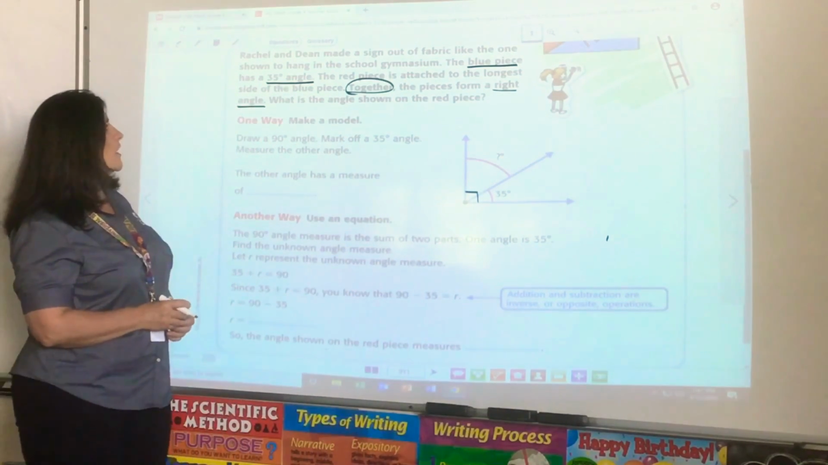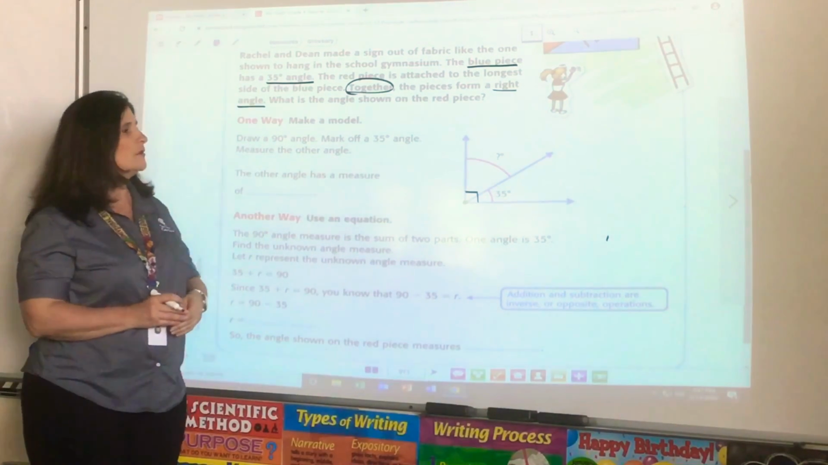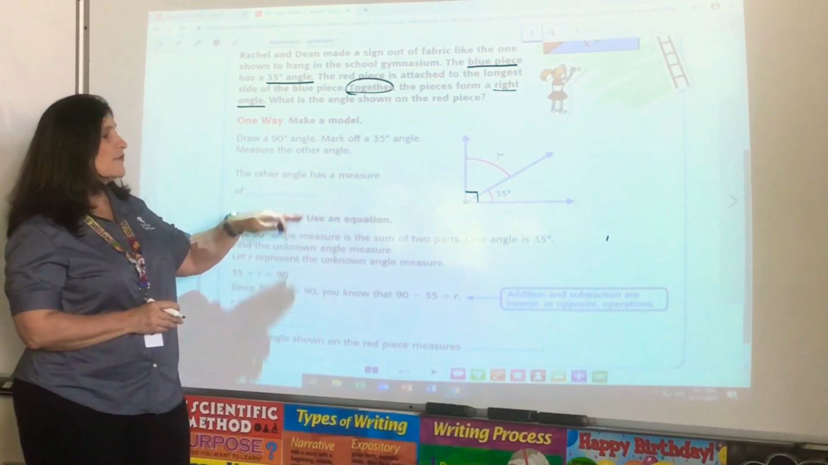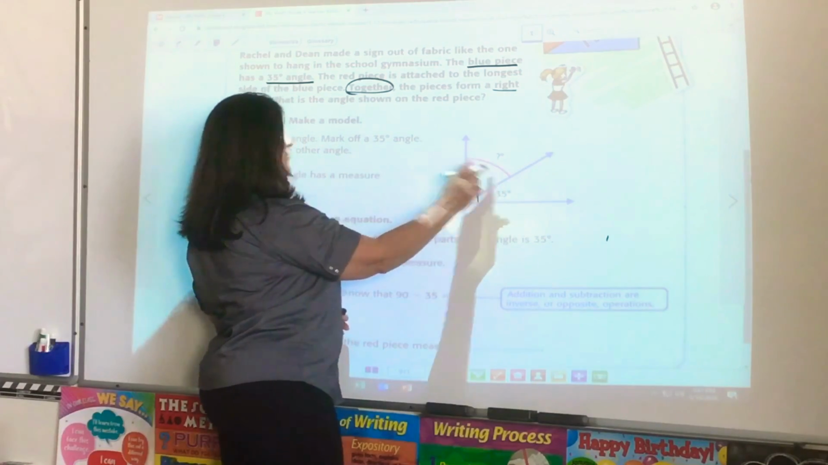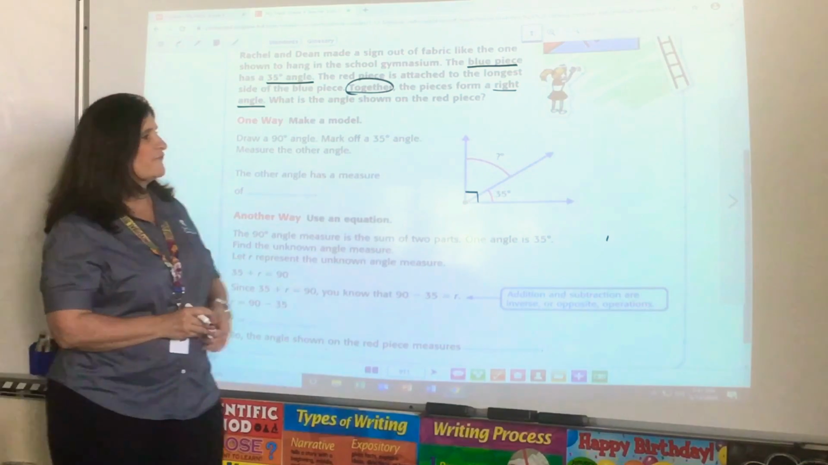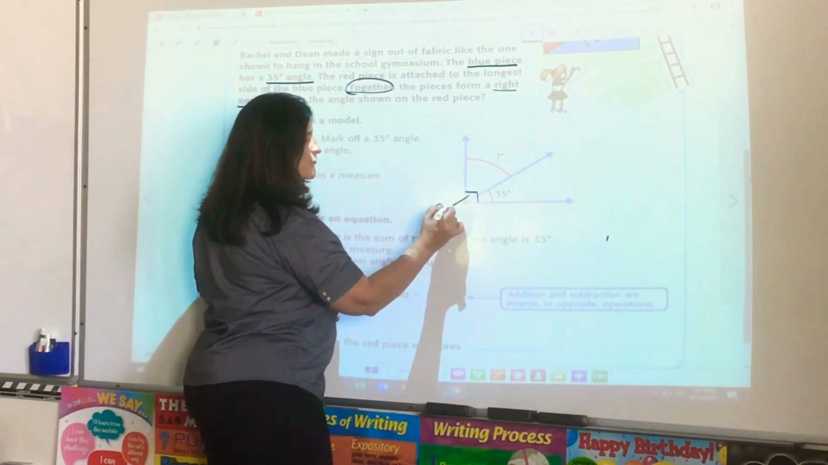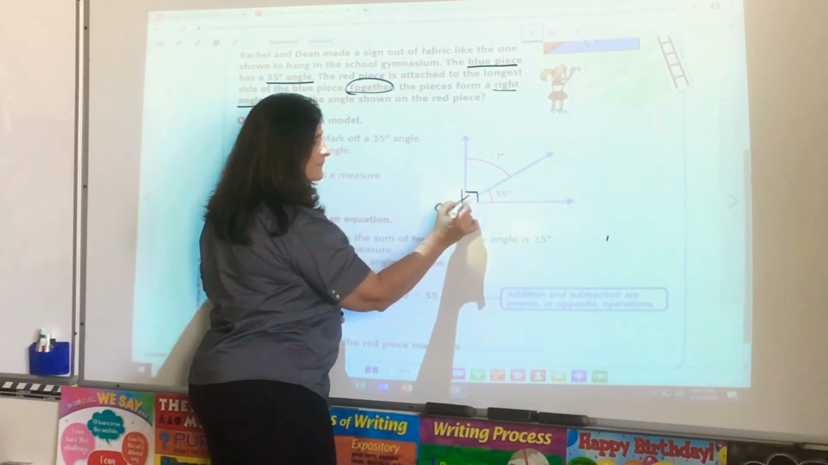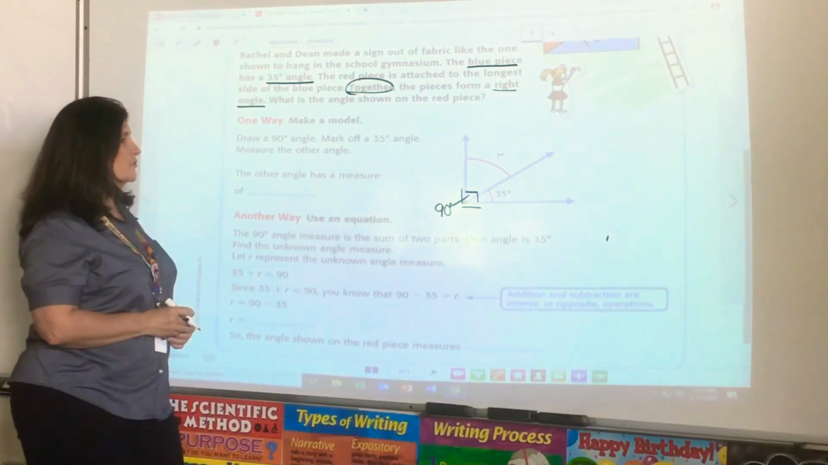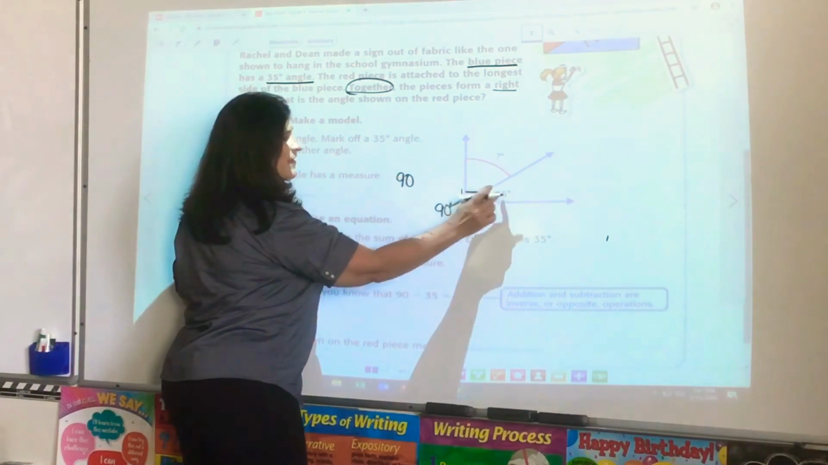Okay? So one way is to make a model, like they've done here. Draw a 90-degree angle and mark off a 35-degree angle. Now measure the other angle. This is what we don't know. This is what's in red. So the other angle has a measure of, well, if we know that the whole thing is 90 degrees, and this is 35,